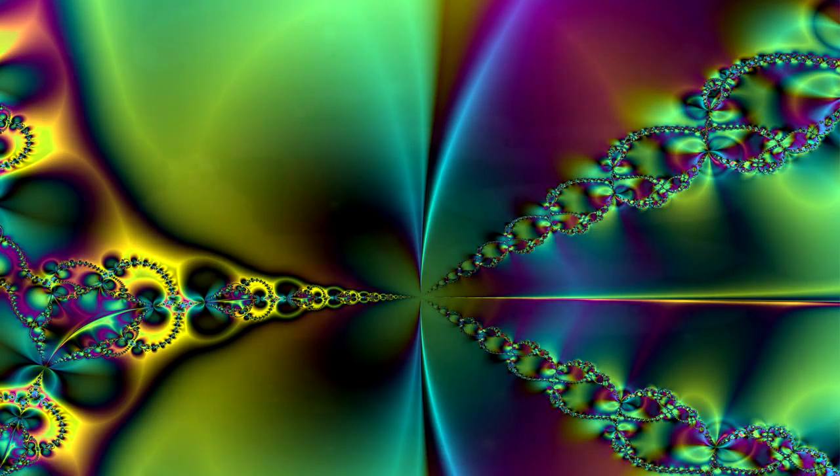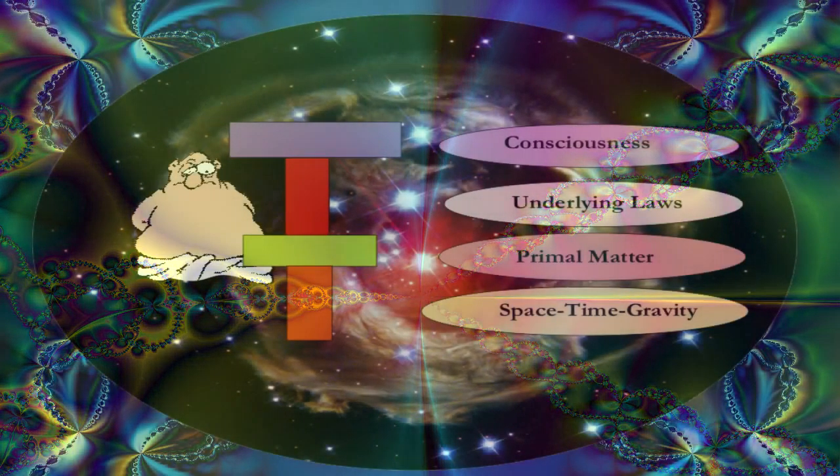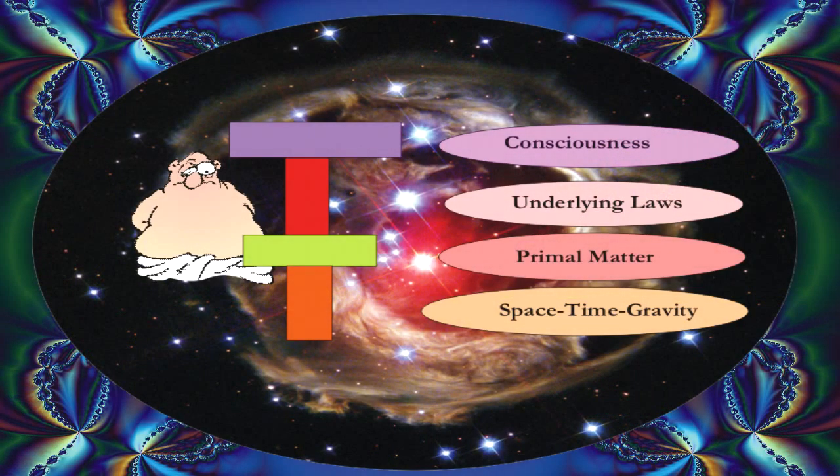In the four-block matter creation model, the basis for our universe can be described using only four simple building blocks. The first block is the space-time gravitational vault, and the second block is primal matter. We can shrink these two blocks down to a tiny point of no thingness, and then explode them as the Big Bang. The third block is the underlying laws, such as the tendency to complexity and natural selection. The fourth block is the appearance of consciousness, which arises as a hallucination created by complex chemistry.